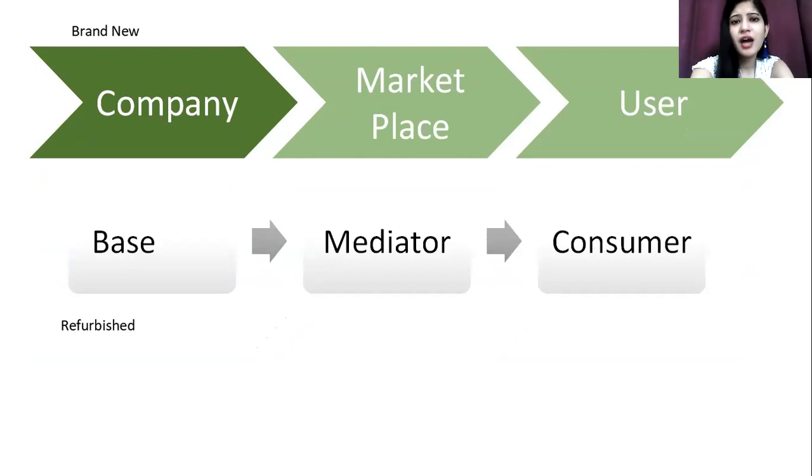Now it is in the market. This is the marketplace. This is the mediator out here, the bridge. Now what happens is that when you have this mediator, you have the marketplace. From here, the main thing starts. Then the consumers have to buy from here, or they can interact from this place. So this is actually what happens in brand new.